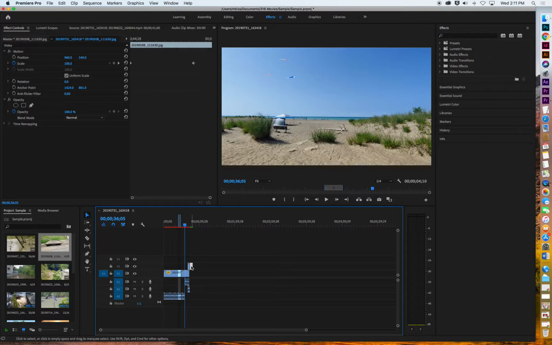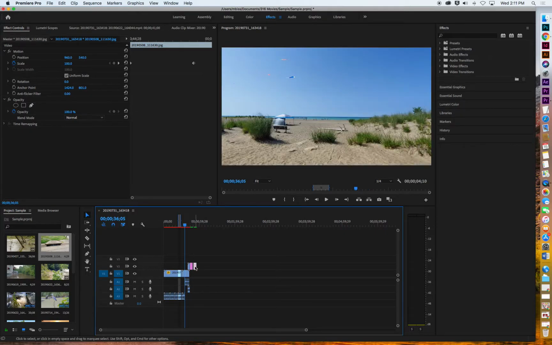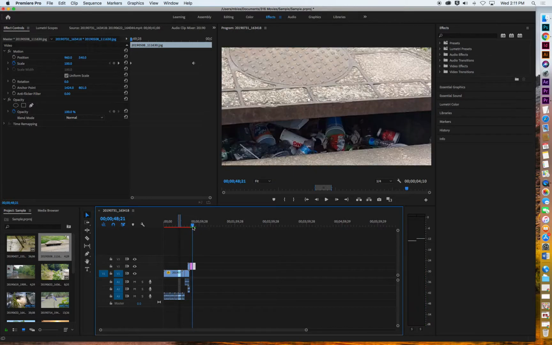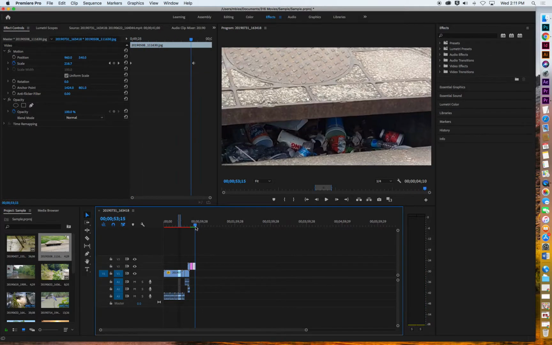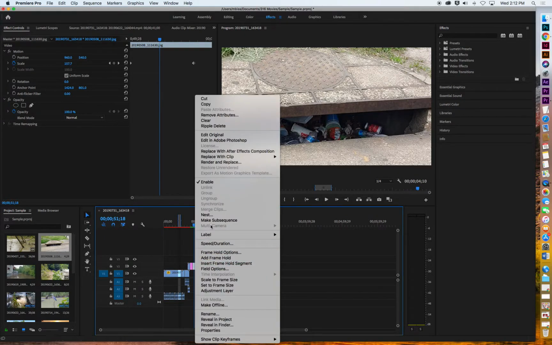So to copy this clip, hold the Option key down on your Mac keyboard, drag this over. And again, I'm using a Mac, so it may be a little bit easier. Right now I have two clips that are doing the same. It's zooming in, and I may not want to do that. Maybe I want to go back out with this clip. So hold the Option key down again, right-click, or right-click on your PC, and then go to speed and duration. You can see